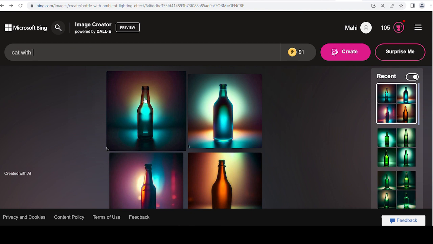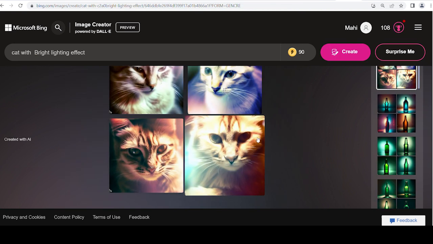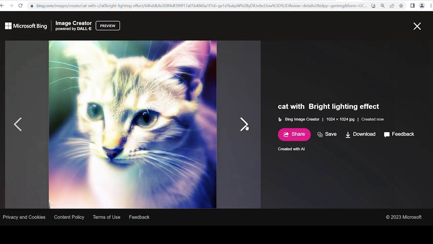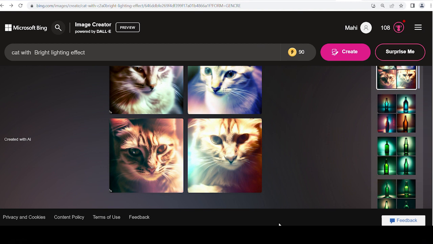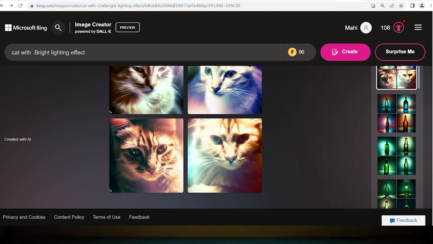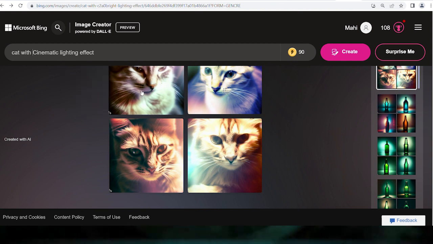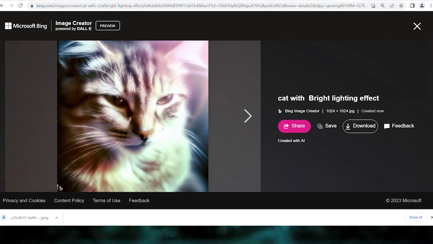Sometimes what happens, our mind knows what exactly we need, but we don't know how to give the prompt to the tool for that result, for those desired images, right? So if you practice these keywords and understand exactly the effects, colors and lighting part, then you will get to know how you can use these keywords to generate those images that you are thinking of in your mind. Okay,